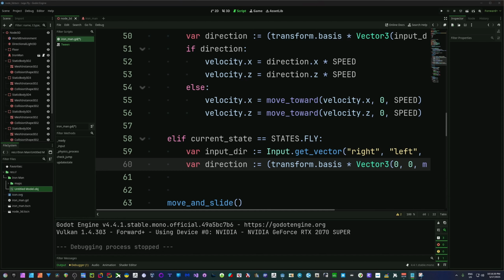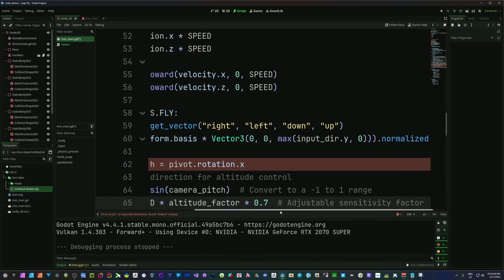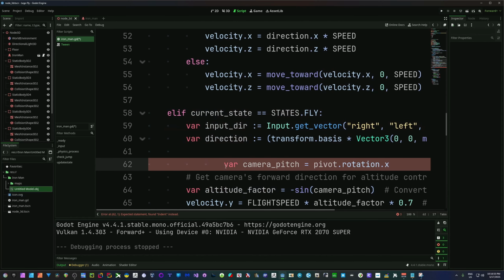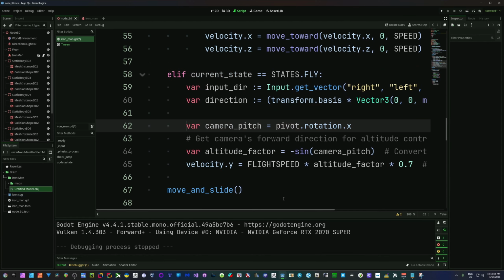Now I want to be able to fly in different directions based on where the camera's looking. So if I move the camera left, we're going to turn left. If I move it right, we're going to turn right. If I move it up, we're going to fly higher in the air. If I move it down, we're going to fly lower. To do that, we're going to need to get some information from what would be our camera, quote unquote. So we're going to get the camera pitch, so that's going to be my pivot,